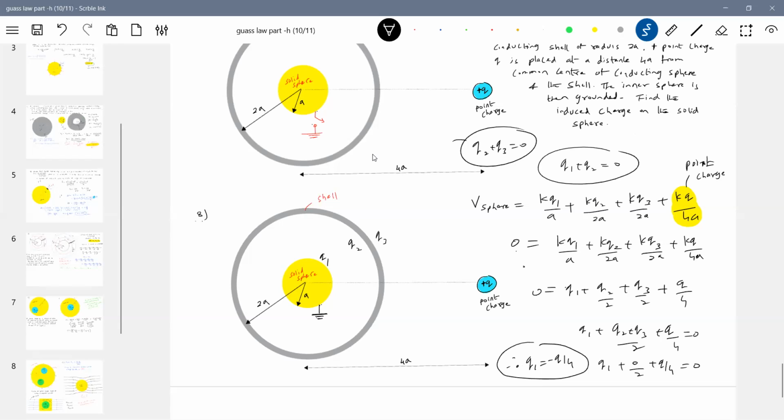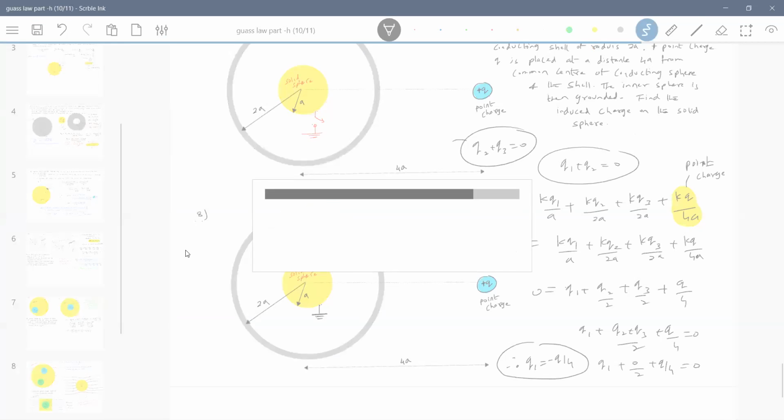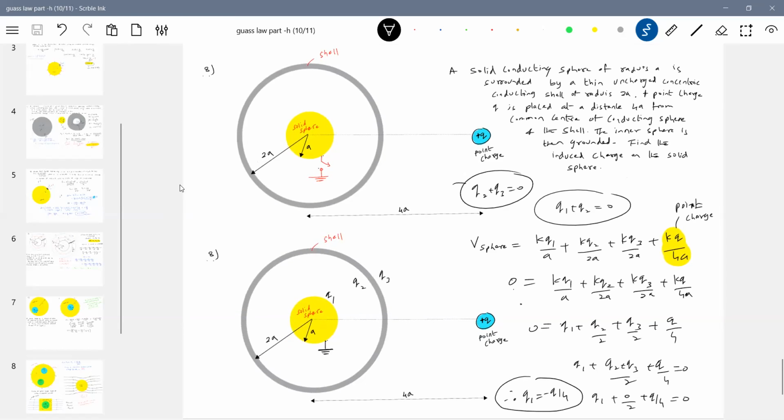Now, sir, you discussed electrostatic shielding. You said electrostatic shielding everything. Look at that shell. Where will that particular solid sphere lie? It will lie inside that. So the point charge Q: now I'll change the magnitude of this. Will the induced charge Q1 change here? Yes, it will change. But you said, sir, this is independent.